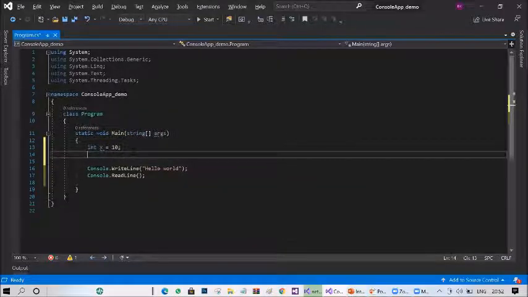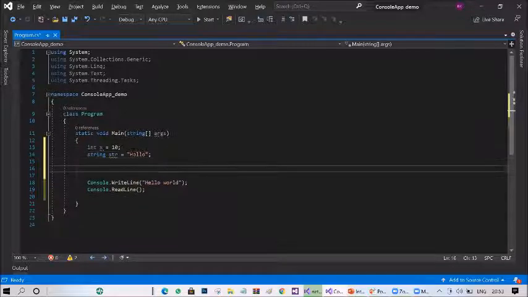Like that, I can use string str equal to hello. We are assigning values to a string type. So these are predefined types, and we can use them for declaring variables.